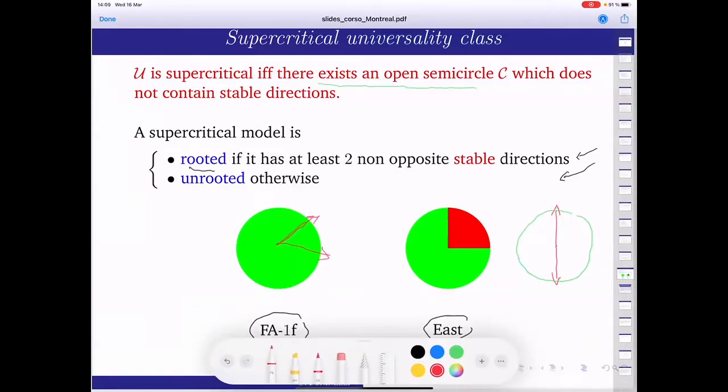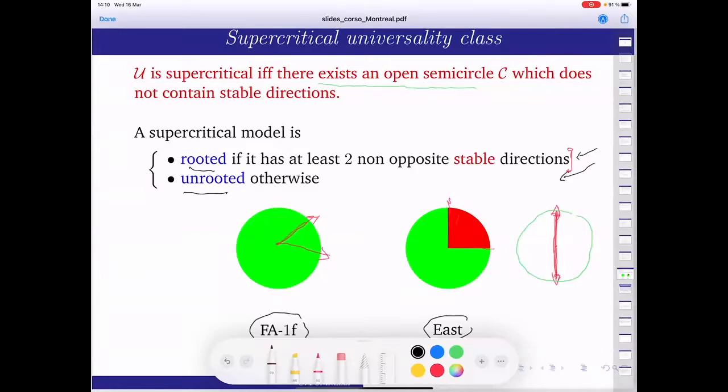If they are opposite, we will see in a second why having just, say, E2, which is stable, and minus E2, which is stable, does not belong to the class that has a certain behavior, which is the class of all the models which have 2 non-opposite stable directions. In this case, you have even 2 perpendicular ones, but it's not perpendicularity which matters. Yeah, thanks. Okay, and then there is the second class, the unrooted models, which is everything else,